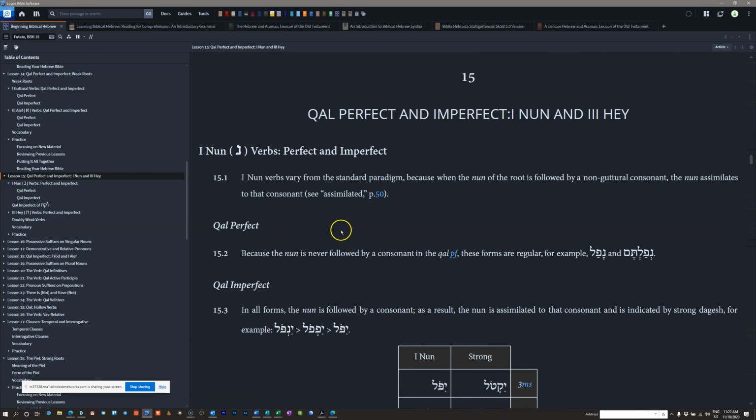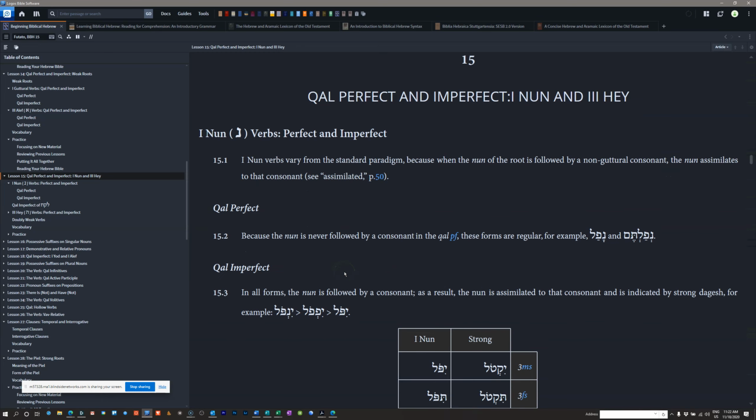Okay, I see you're muted now, so I'll go in here and talk a little bit about the 1 noon and the third haze. So what you have to recognize about the 1 noon is when a noon closes a syllable. So when it has a silent shavah, it doesn't like to be right next to another consonant. So where you'll see that is